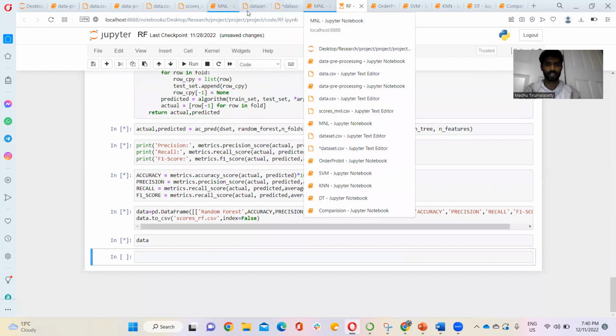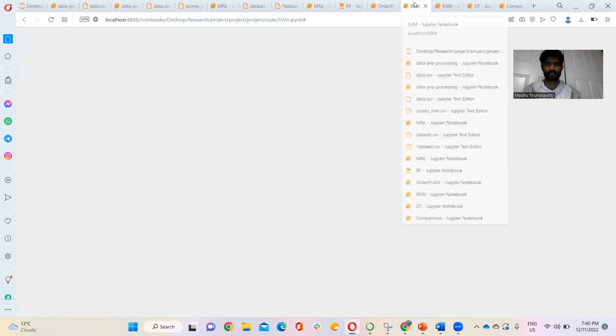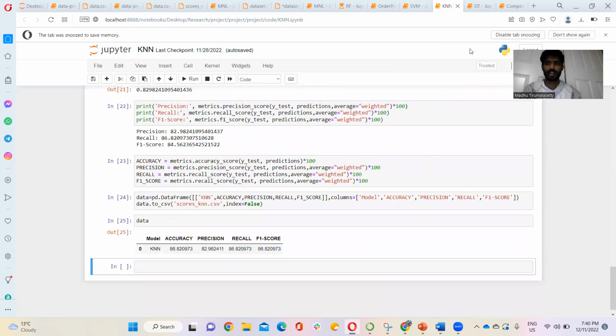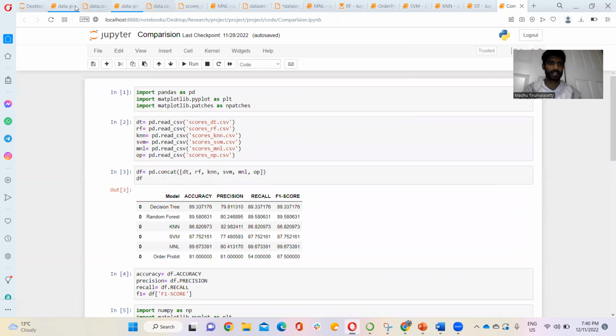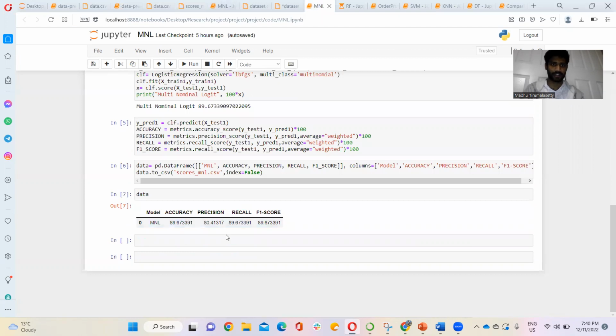We can see here MNL, ordered probit, SVM and KNN, which we already executed. For example, I'll take MNL. After executing the MNL, we got results like accuracy and precision.